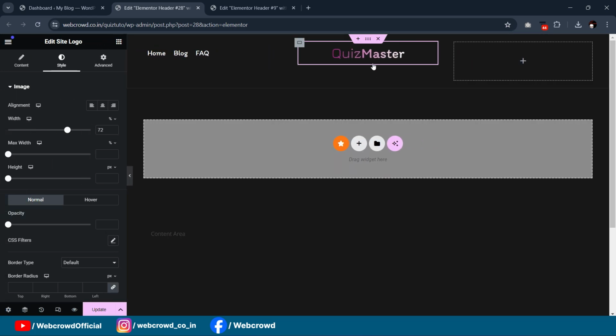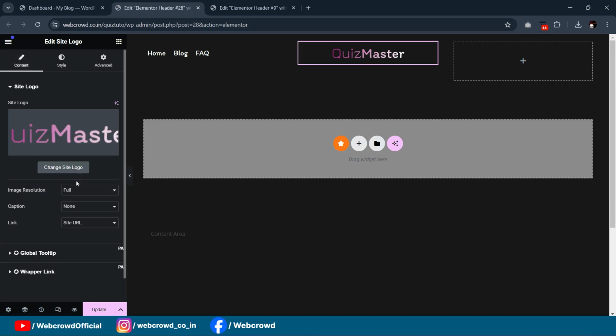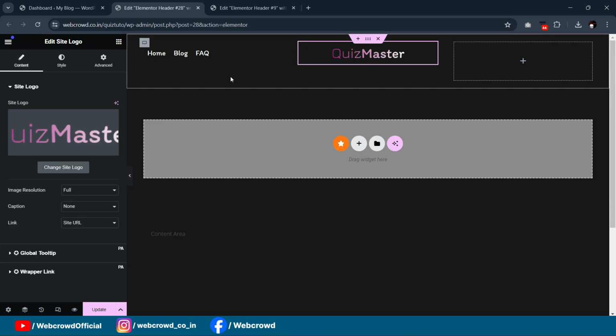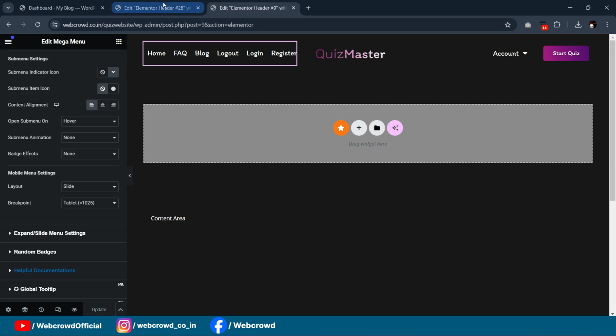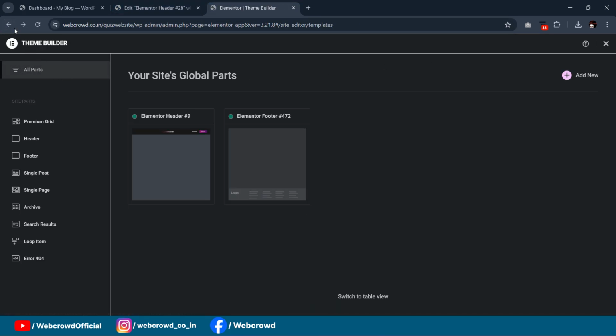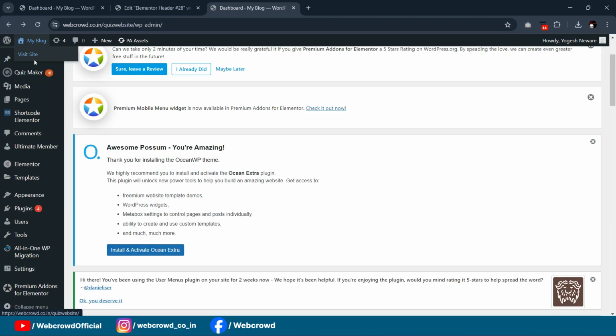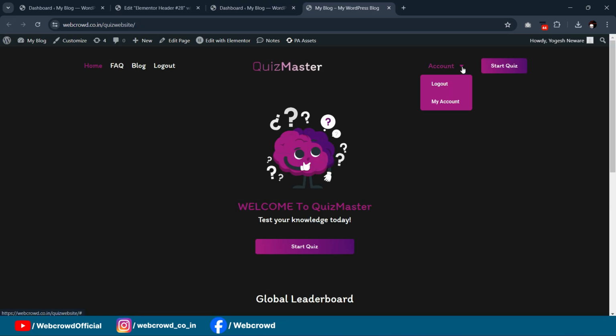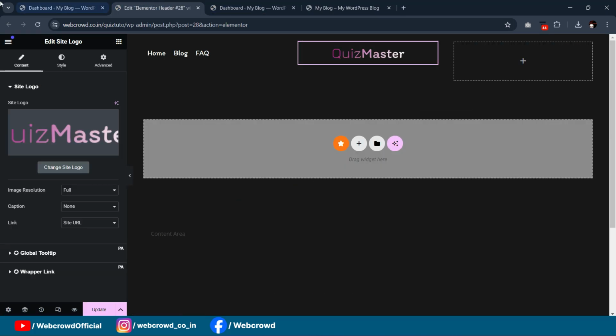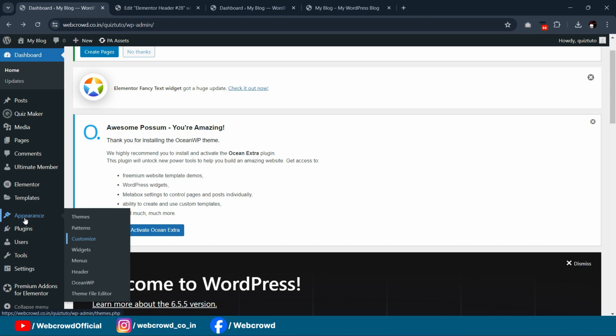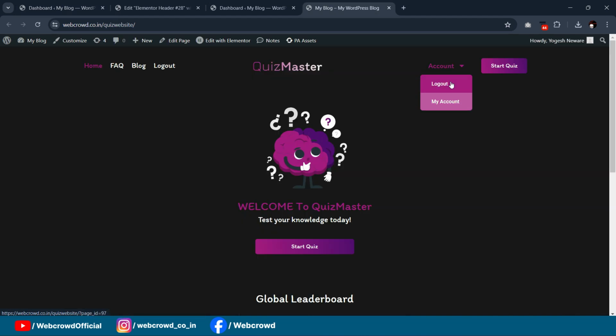Okay, in the second column we have this account item and this squeeze button. Okay, so first let's create the second menu for the account. So right now for these two options we have to set up our ultimate member plugin. Okay, so first of all